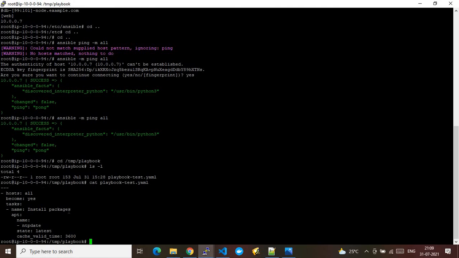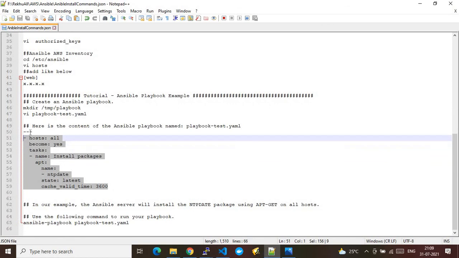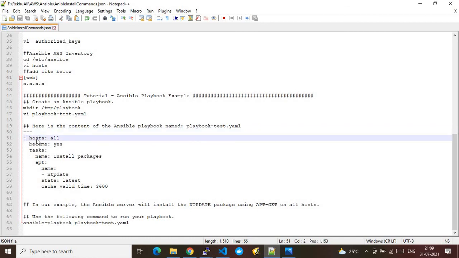Before I run this command, let me give you some hints. You need to follow the syntax, that is the triple dash, and after that the hosts. Hosts is nothing but the group you are targeting. Generally, if you put the word all, it will target all your node groups, that is, the host groups that you created in the hosts file.